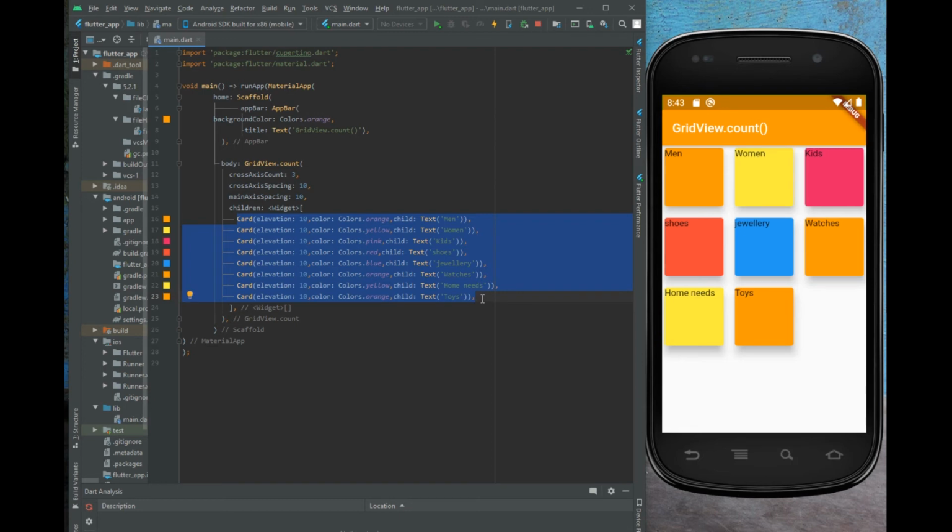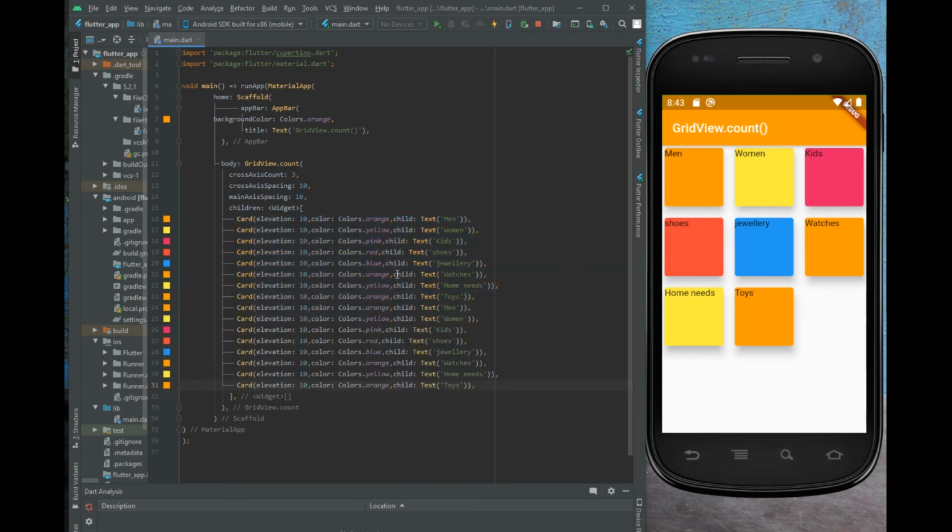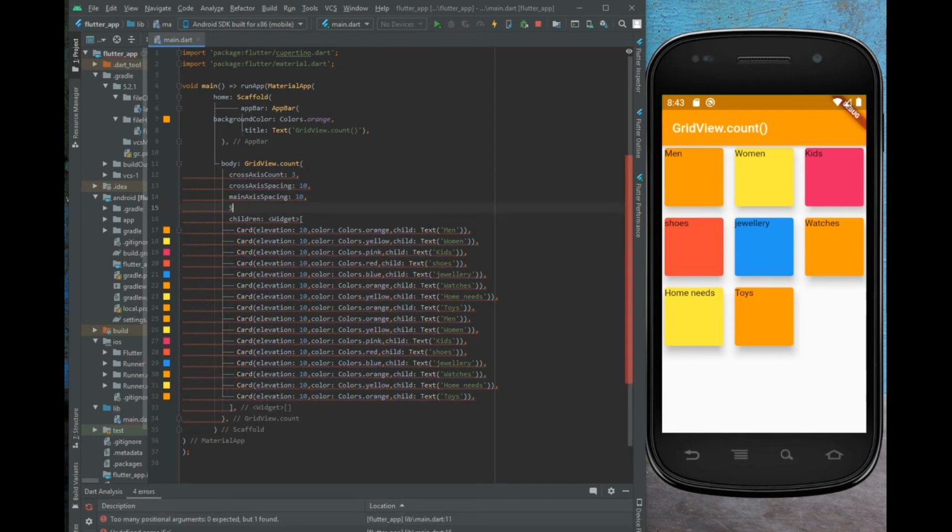I'm going to explain a different and very familiar property. Let me copy this and paste it again to get more widgets. So totally here we have more widgets. Let me use a property called scroll direction, which is very commonly used in any type of application.